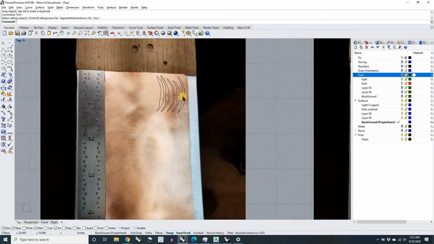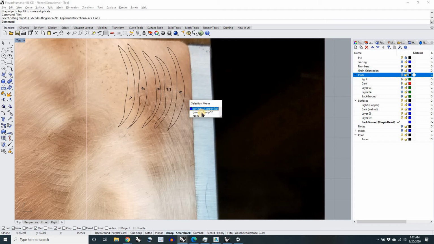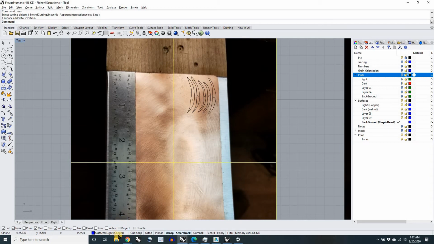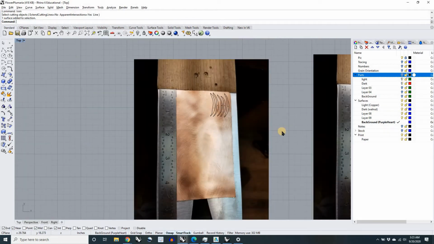So I don't want to mess around with, oh man, am I selecting the surface? Am I selecting the part? I could go and lock this picture layer. But I'm going to show you an interesting selection technique. I don't want to have to unlock it just to cut it. But if I were to lock it, I would stop selecting it, just like when we were tracing the image. If you drag a selection box